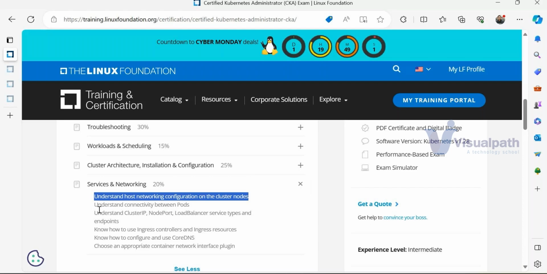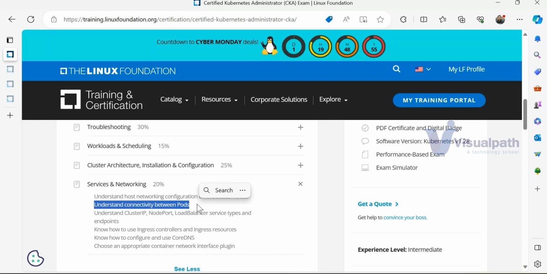Then understand connectivity between the pods. Pod is nothing but my application container. As I said, pod is nothing but a container. Here we will see how they are connected. My front end is running in a pod. My backend is also running in a pod. But how will my front end connect to the backend? Or if I have a middle tier,